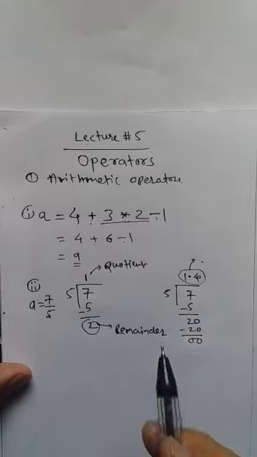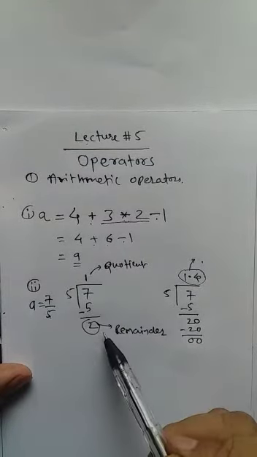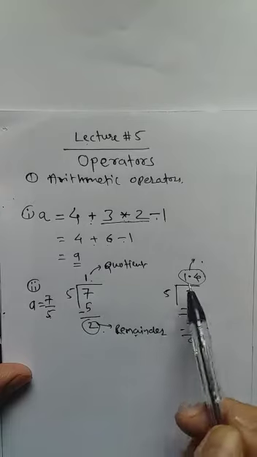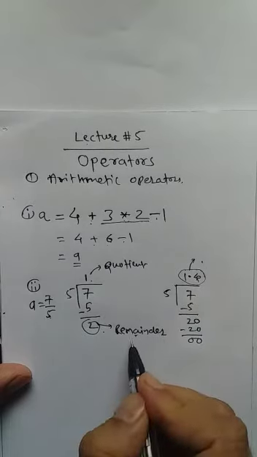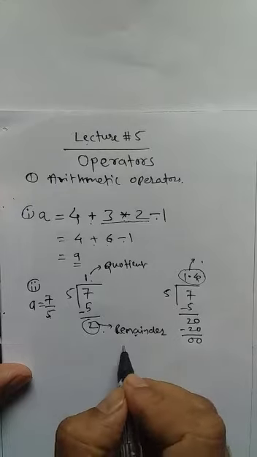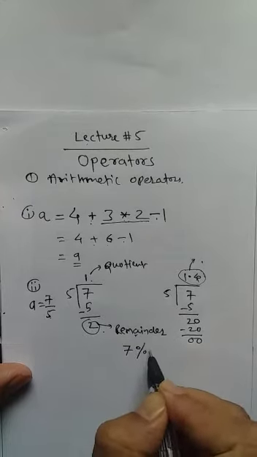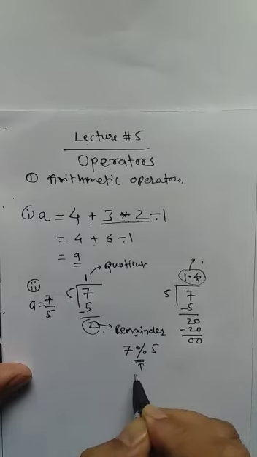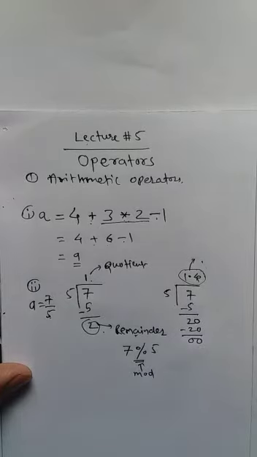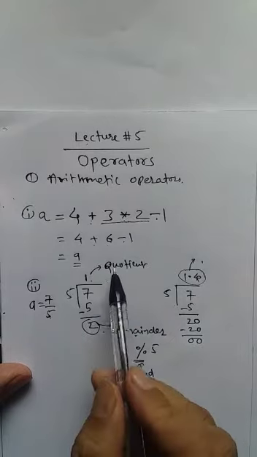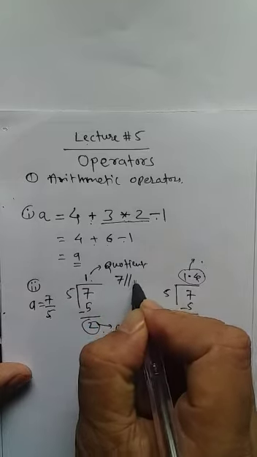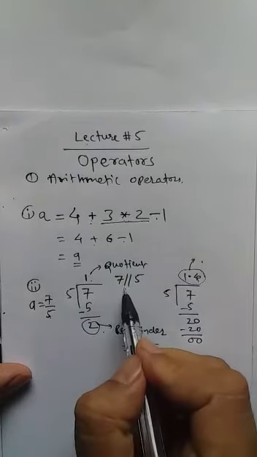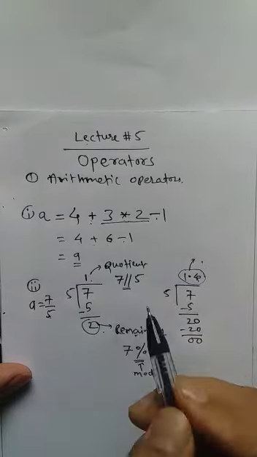Now see, for these three different values, the quotient, the remainder and this complete answer, we have three different operators. To get the remainder, we write 7 mod 5. This operation is called the mod operation, or modulo operator. For getting the quotient, we write 7 divided by 5, and this operator is called floor division.